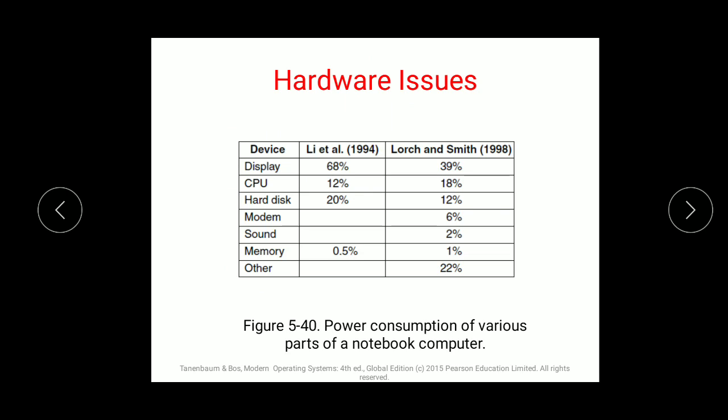Then there are hardware issues. Hardware issues come under power management. A rechargeable battery can store more energy to power a notebook for a few hours. If you go and look externally, you can externally charge it. Likewise, there are certain issues with the CPU, memory and IO devices also. There are multiple states of sleeping and hibernating. Hibernating means when two systems are working together, system issues will be there with the hardware. So how to solve that? These are the solutions, or we can say calculations, which were done in 1994 and 1998.